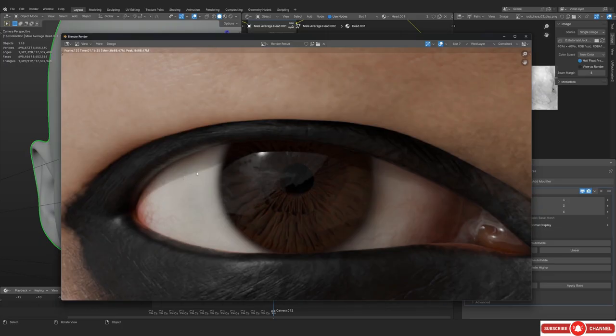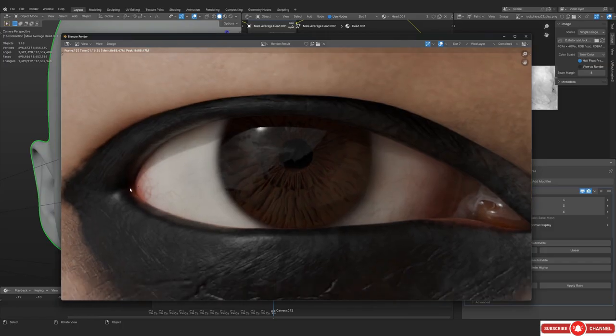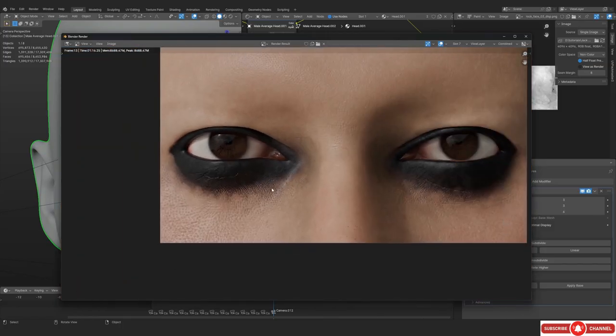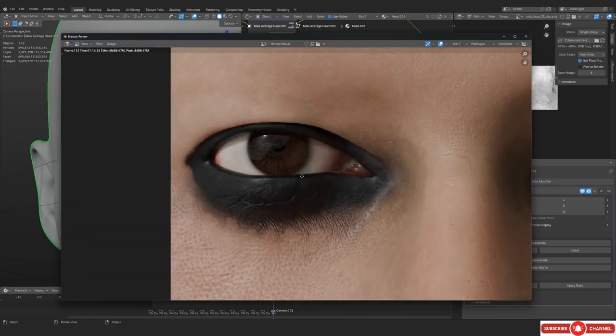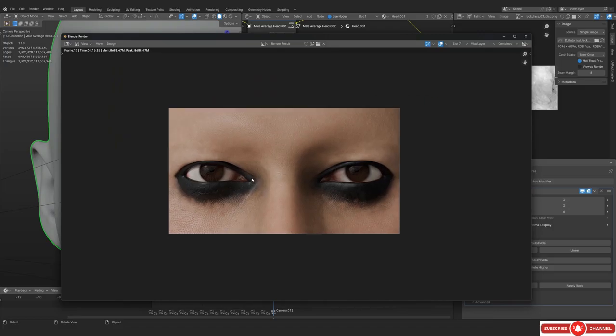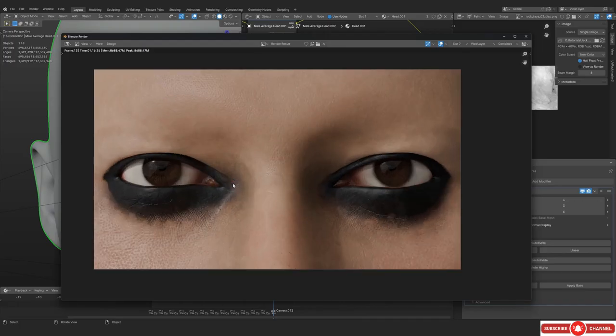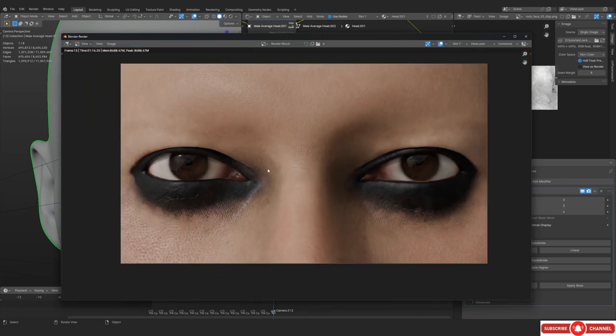Maybe it's a displacement issue. I think you cannot really use the normal and displacement together. But yeah, you can see that we are getting this darker kind of line. It's not that dark, but it's still there. So if you want to, you can increase the multiply and the radius, and you should be able to get a little bit thicker and darker line around the pupil.